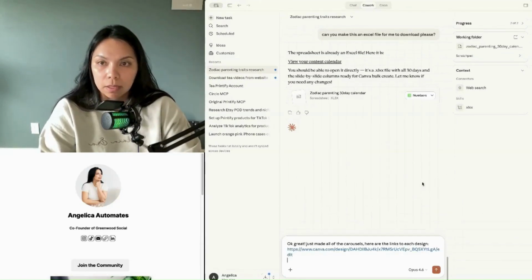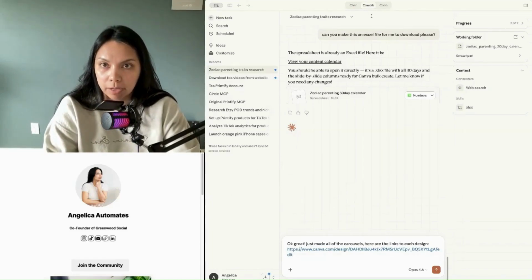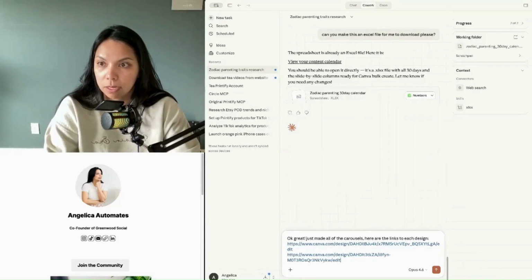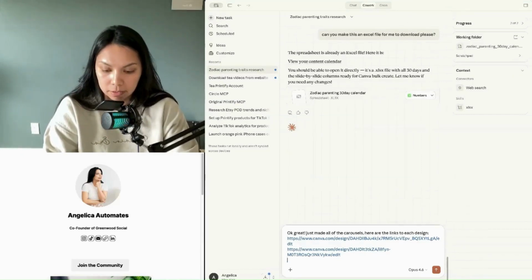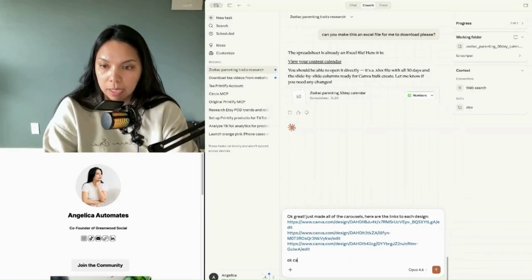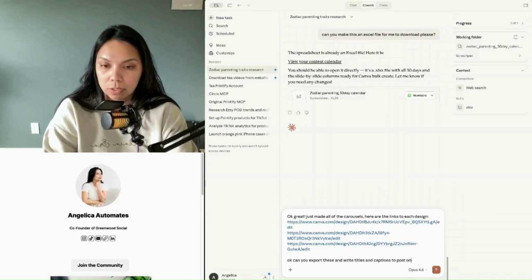Okay, and then you can't see it, but I'm going back to each of those tabs and grabbing the URLs, and then one more tab, last one, and putting it in there and saying, okay, can you export these and write titles and captions to post on my Instagram account,